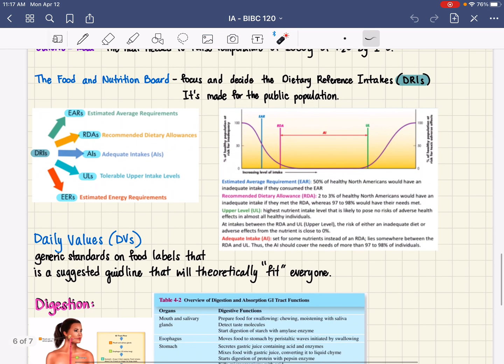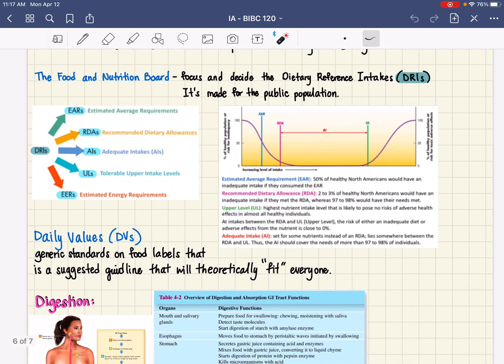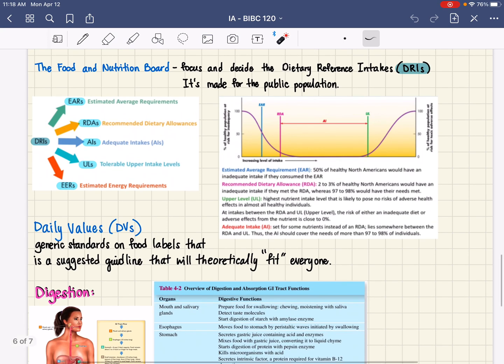Okay. Now, it was great that the Food and Nutrition Board came up with these DRIs. However, imagine going to buy a protein bar, and now on the back of the protein bar, they have to fit all of these different DRIs for that protein bar specifically, right? That is just not feasible and not accessible to do for every food. So